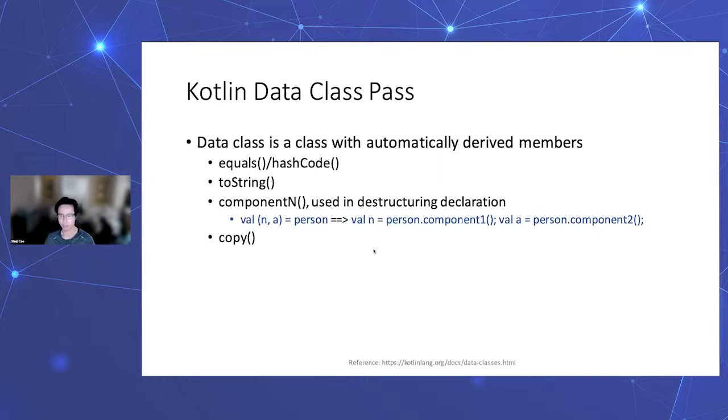I think equals, hashCode, toString, and copy are very common, and the componentN function is used in destructuring declarations. It's kind of like pattern matching on an object. For example, if we declare a data class Person, this Person class contains two fields, name and age,